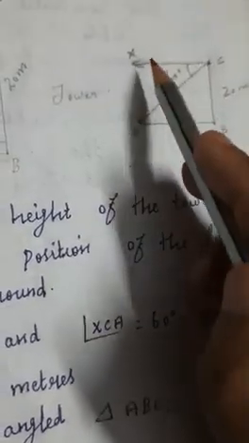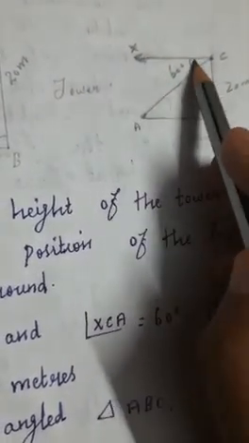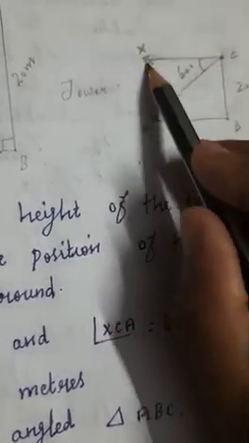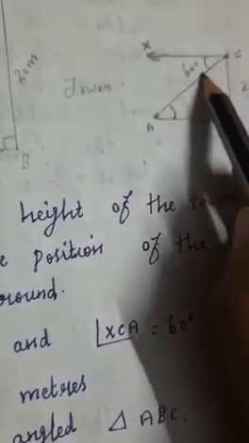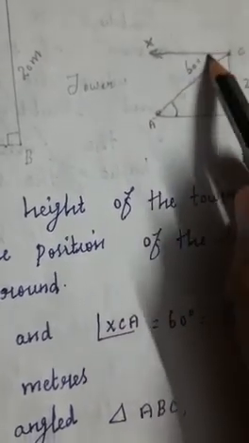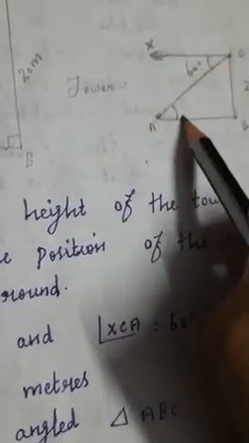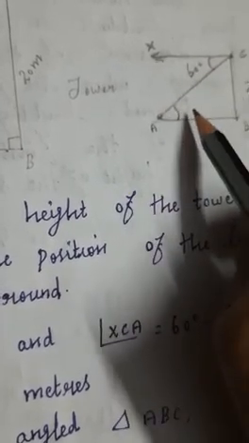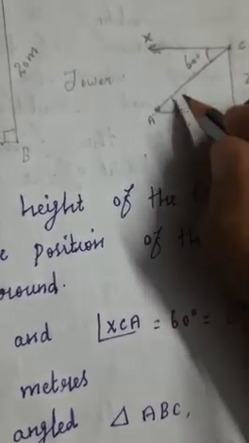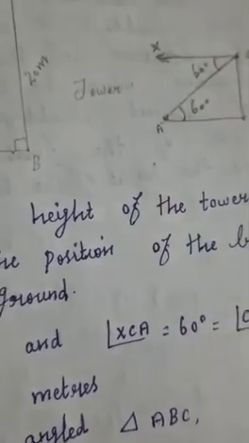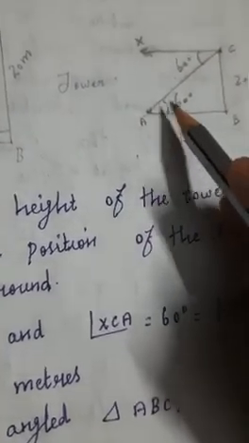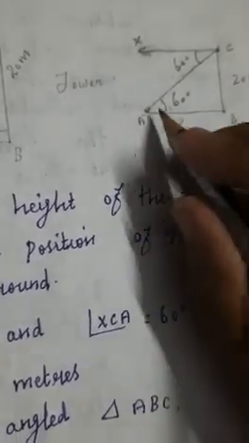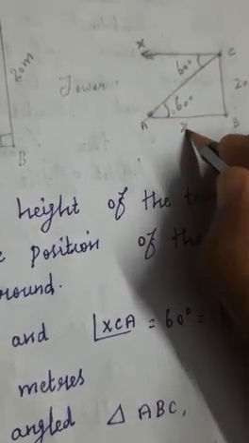So how do you know that? Already I said. So this angle and this angle. Okay, if you are confused, you can think whether such a shape like that you have or not. Okay, so this angle 60 degree means this angle also 60 degree only, because both the angles are alternate angles. So alternate angles are equal, you know that. So here 60 degree means here also 60 degree angle only it will come. Okay, so now the angle is here. So this is the right angle triangle. Then can you find out this answer? So this distance only we need to find out, that you can consider as X.